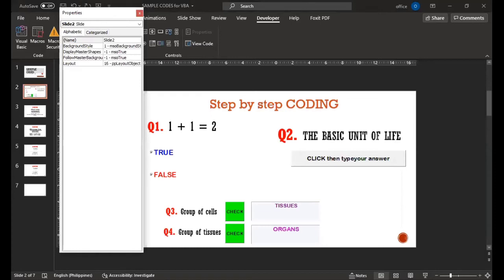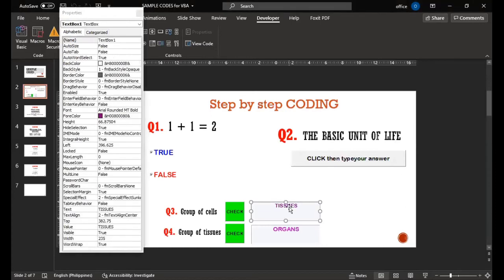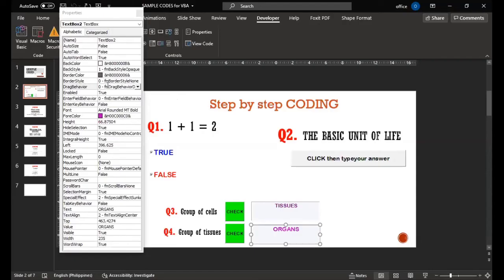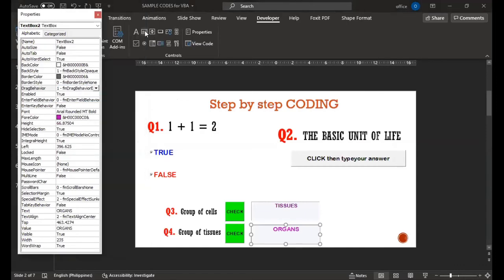There you go. And right at this moment, I will teach you how to activate the drag behavior. It's like drag and drop behavior of the text box. Okay. So this is a drag behavior. Then go to number 1. Instead of 0, go to number 1 so that you enable the drag and drop